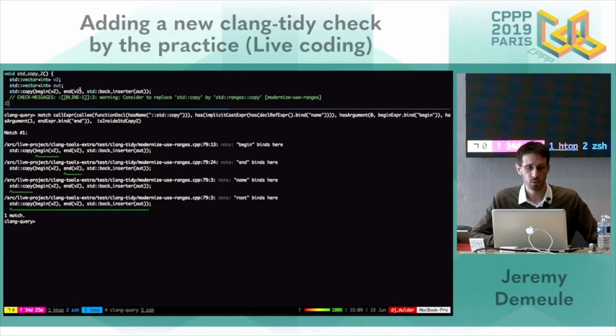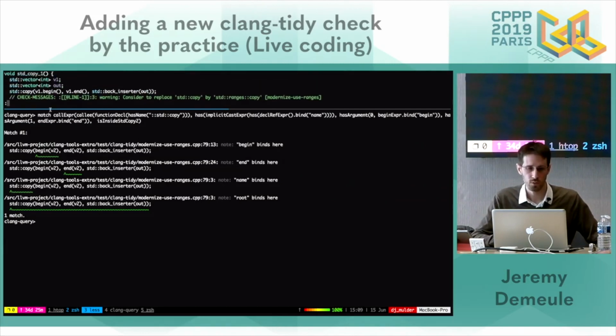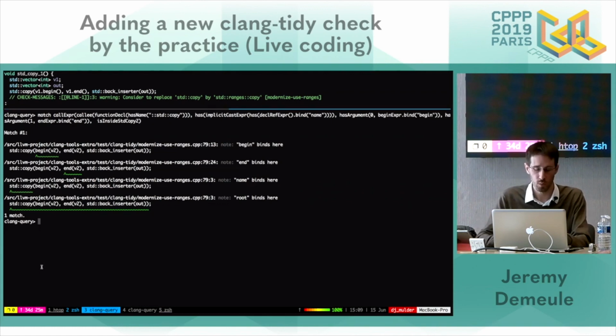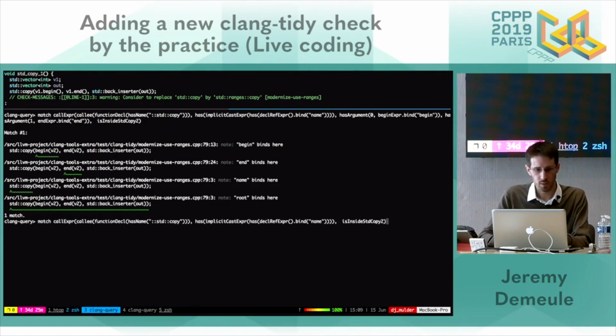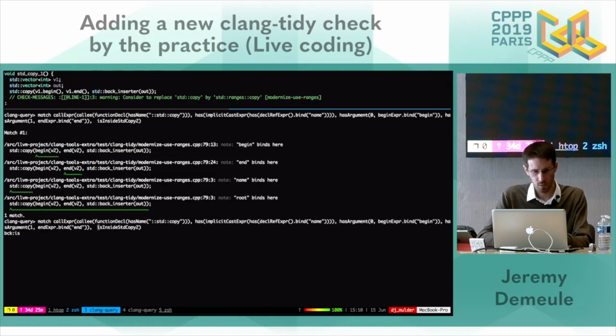This works well for free function calls. Now we can check if it's also working for member function calls. So I will limit the visibility to the first one. Inside.